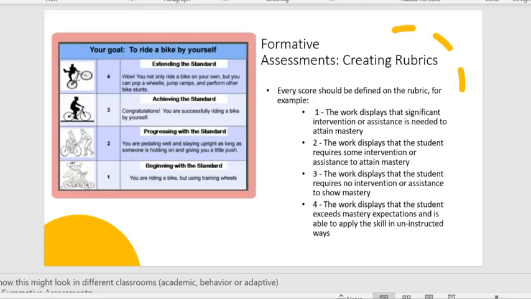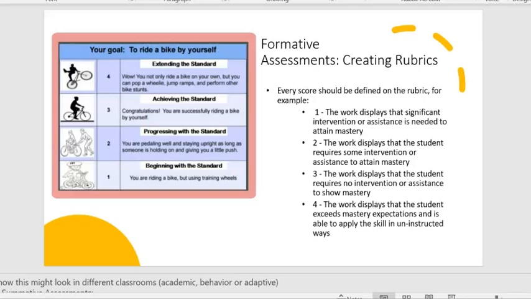rubric. So for example, on the right here, if you get a 1, that means that the work is displaying that significant intervention or assistance is needed to attain mastery. If you get a 2, that means the student is requiring some intervention or assistance to attain mastery. A 3 would show that the student requires no intervention or assistance to show mastery. And then a 4 is the work displays that the student exceeds mastery expectations and is able to apply the